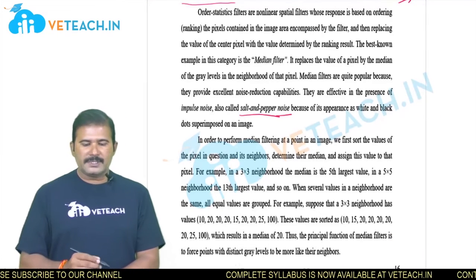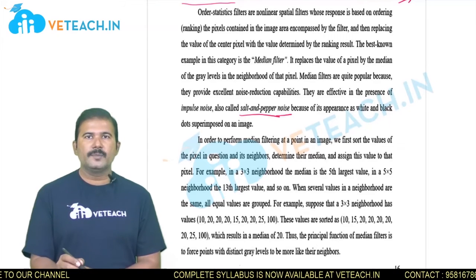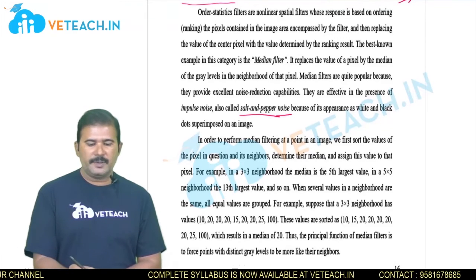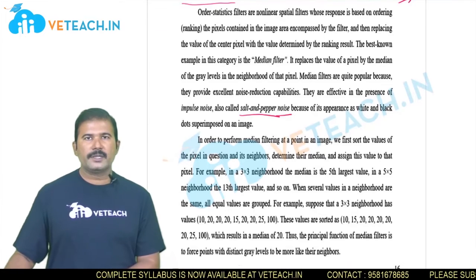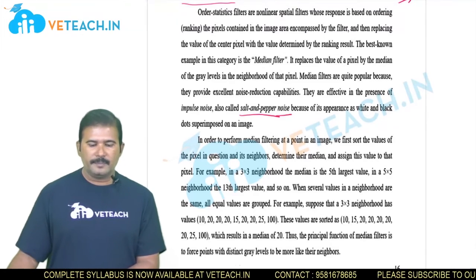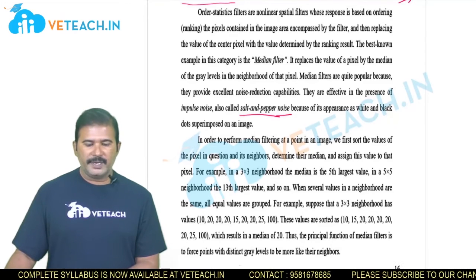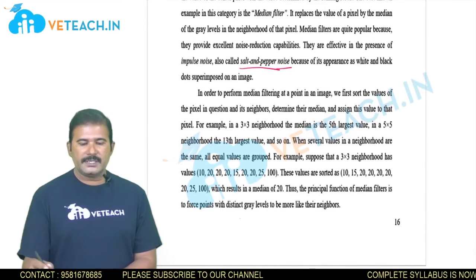Salt and pepper noise, as the name indicates, means black and white dots appear randomly on the image. So we can say the image consists of salt and pepper noise. This kind of noise can be successfully eliminated by using the median filter. Another version of the median is the adaptive median filter. In the ordinary case, the median is a constant value.